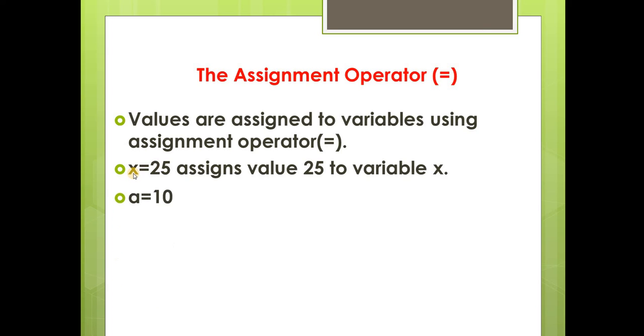More such examples: a is equal to 10. Here a is my variable and the value that I've given is 10. And how is this value given to it? With the help of the assignment operator. b is equal to 20. Again, the value of b will be 20. c is equal to a plus b. So now what will it do? It will add a, it will add b, and the answer which I get will be the value of the c variable. So those are variables.